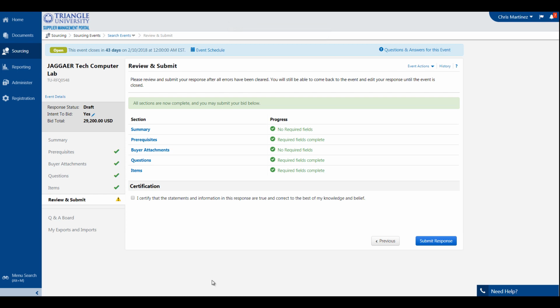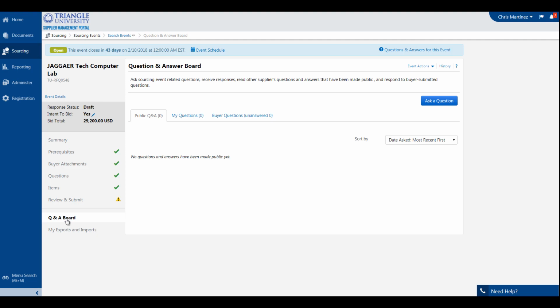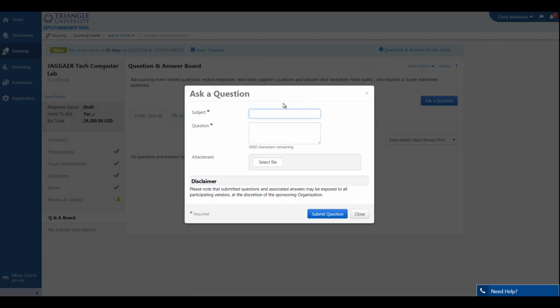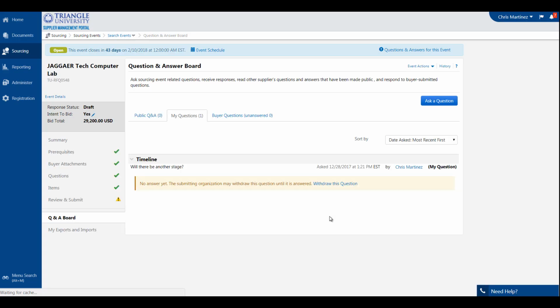Suppliers also have an option to submit a question. So if they have a question, they'll access the Q&A board. Here, they can ask a question, and even have the option to attach a file. I'm going to submit the question,